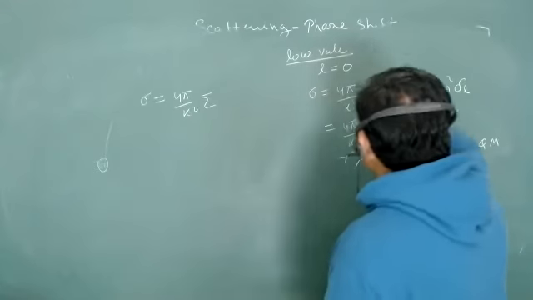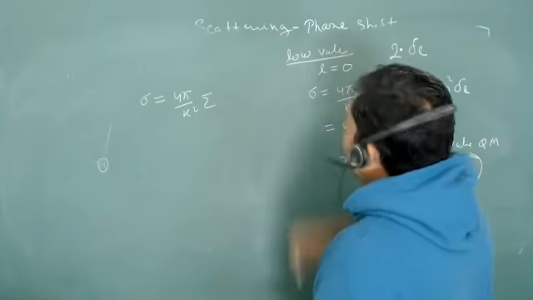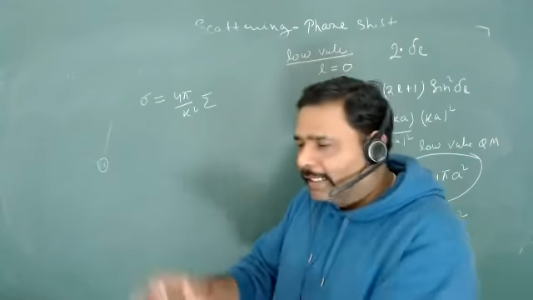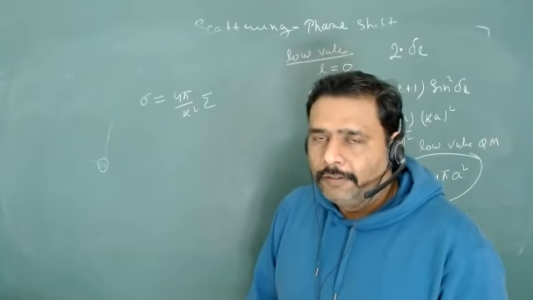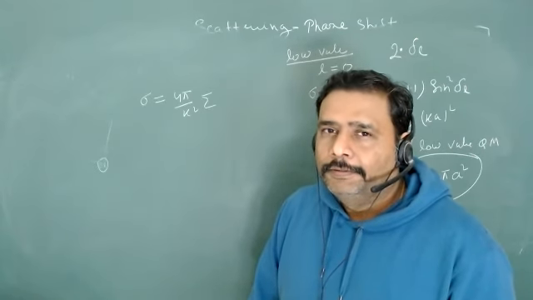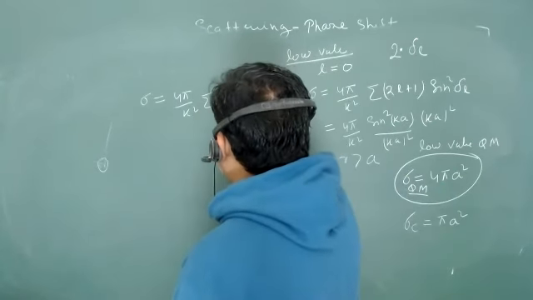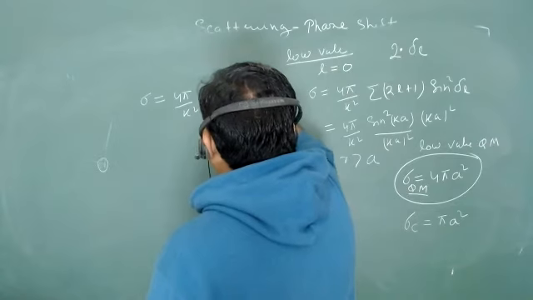So actually your phase shift is delta L, and the 2 is due to your mathematical compulsion, so that you write things in terms of delta L, and not in terms of delta L by 2. Are you getting my point? Yes sir. So what is 4 pi upon k square, and this will be 2L plus 1, and there is